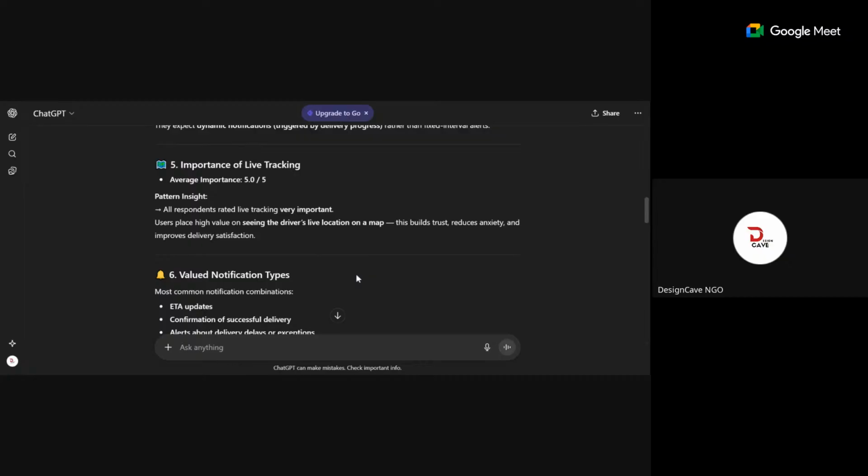Now, talking about the importance of live tracking, all respondents rated live tracking very, very important. Do you understand? Because we asked them on a scale of 1 to 5, how important is knowing your driver's current location on a map? And you can see everyone said 5, which means that I want to know where the driver is. I want to see the way the driver moves.